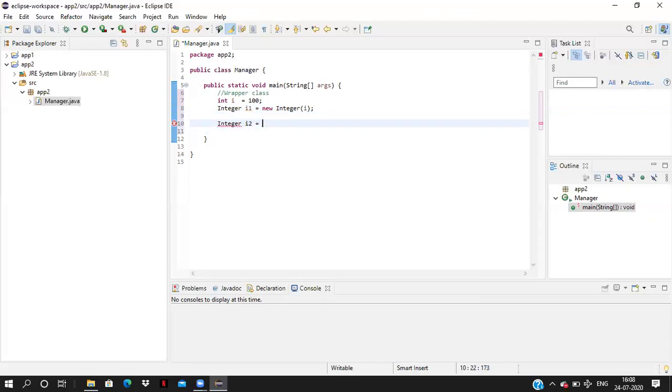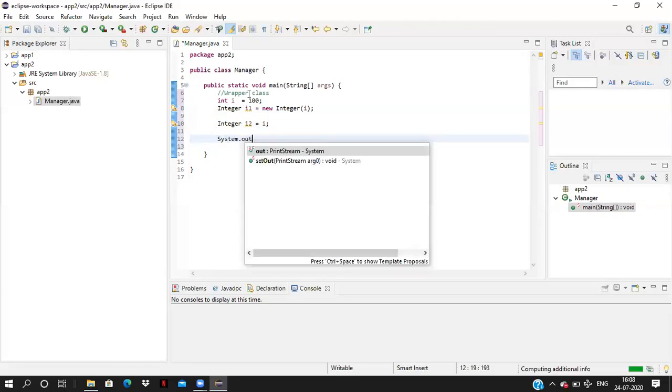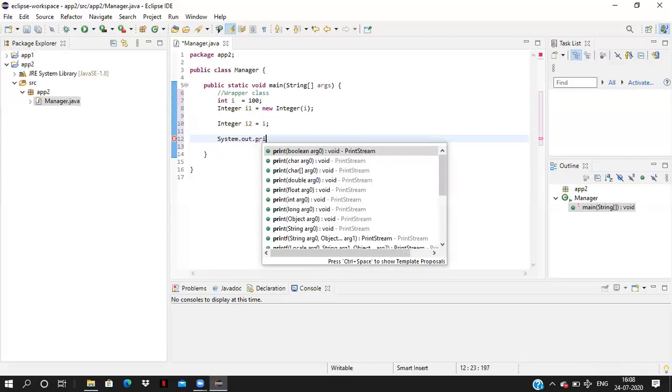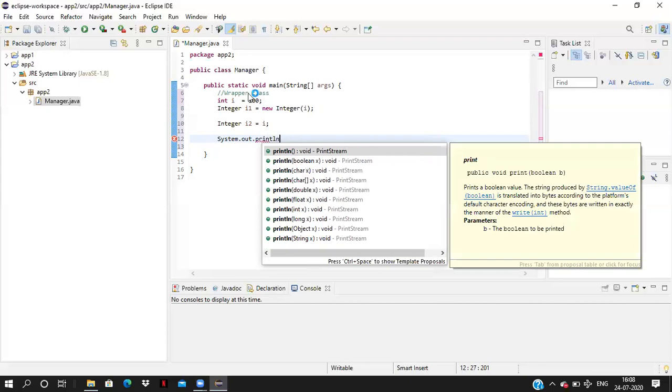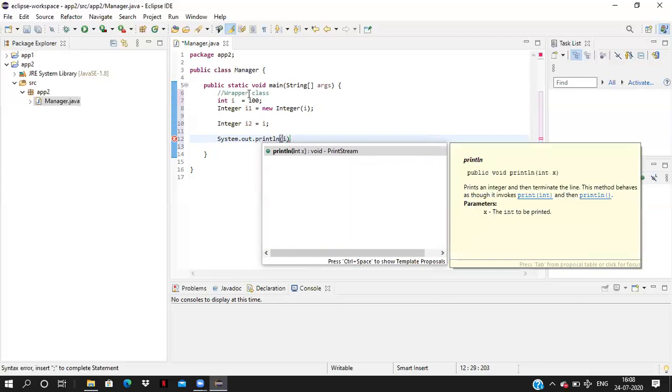Integer i2 equals, directly I am giving the i variable. System.out.println, I am printing i. This is a primitive data type.